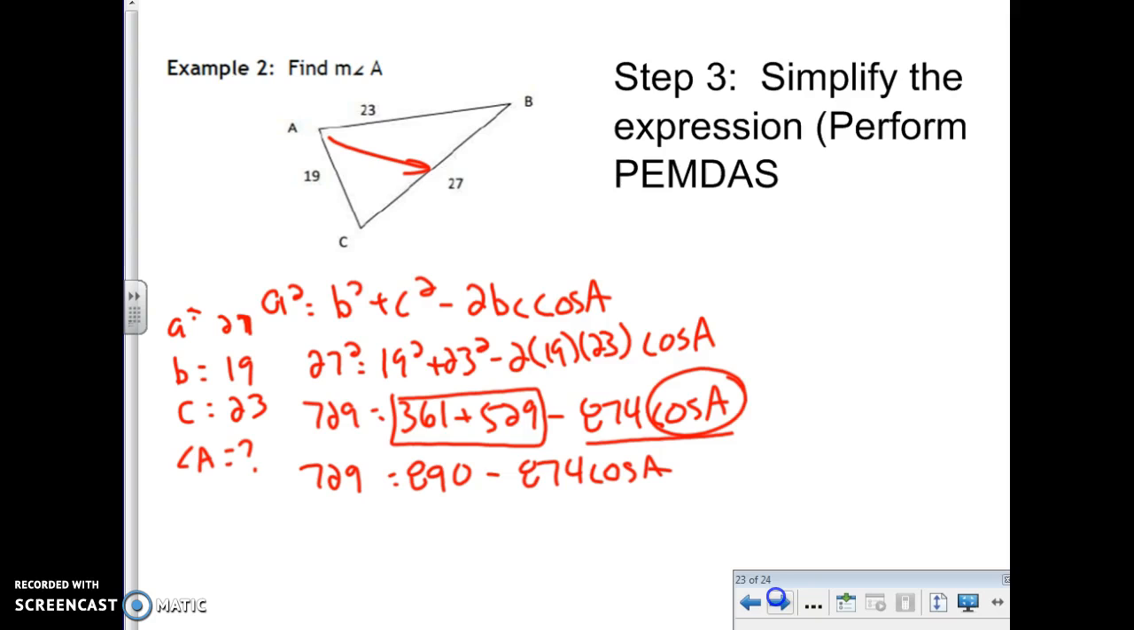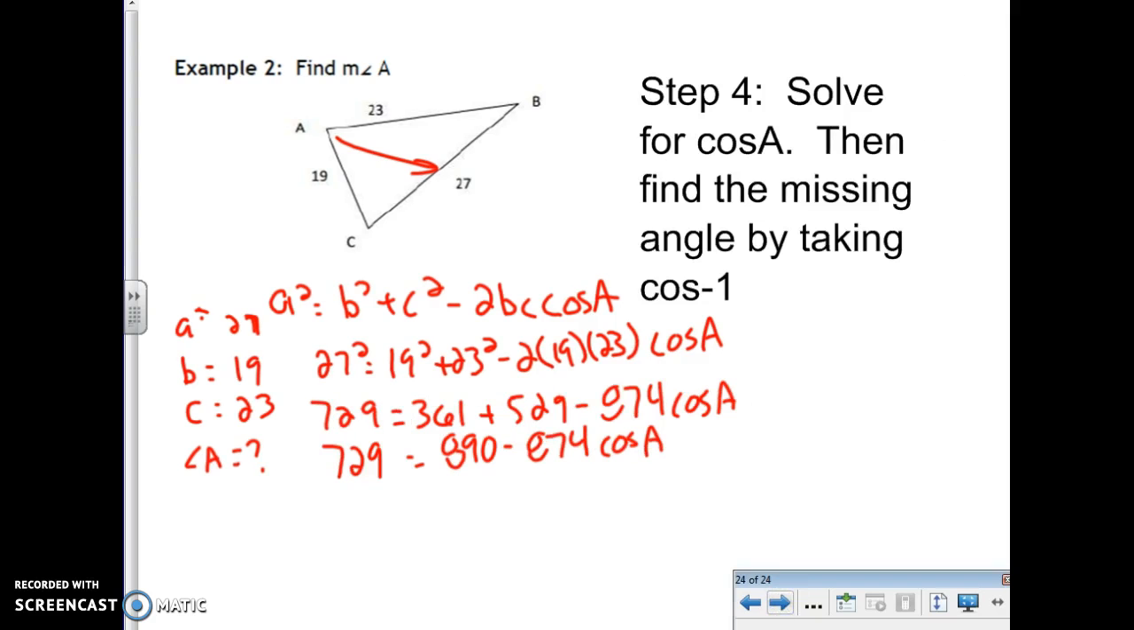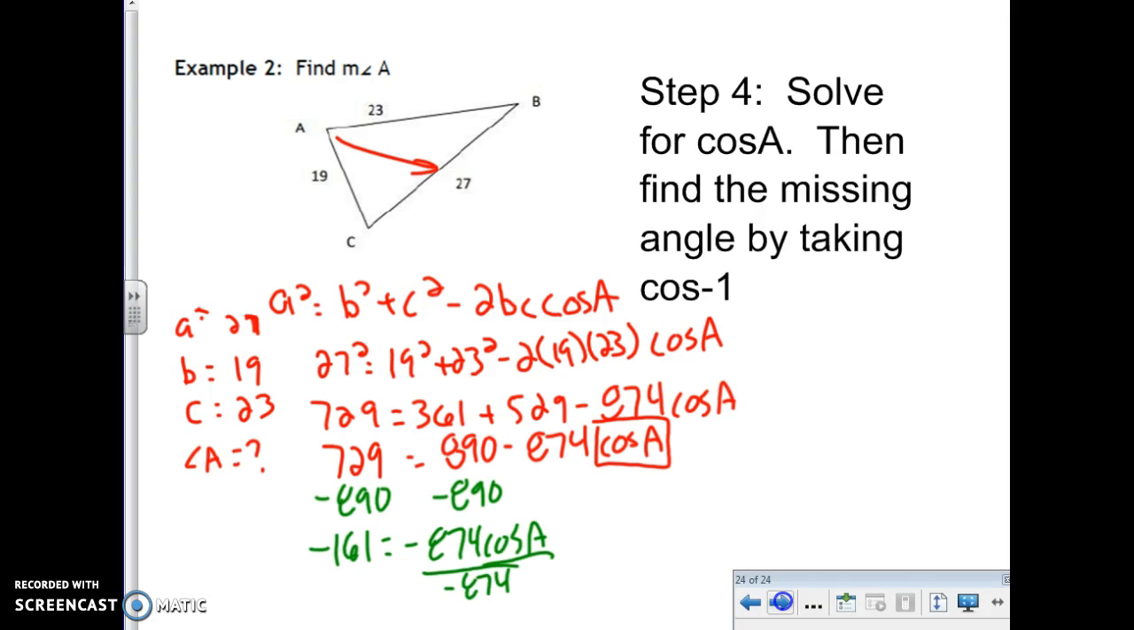All right, now the last step is I want to get cosine A by itself. I want to get that quantity by itself. So in order for me to do that, I'm going to subtract 890 from both sides. So I got 729 minus 890 gets me negative 161 equals negative 874 cosine A. I still want to solve for cosine A, so I'm going to divide both sides by negative 874. So I end up with cosine A